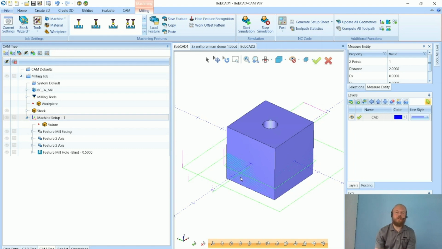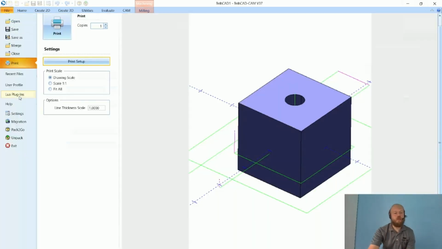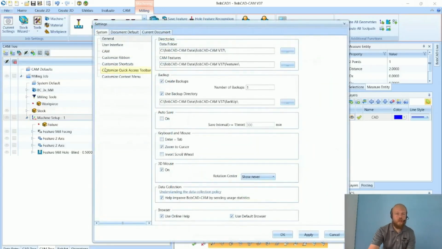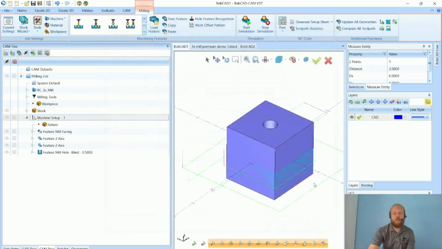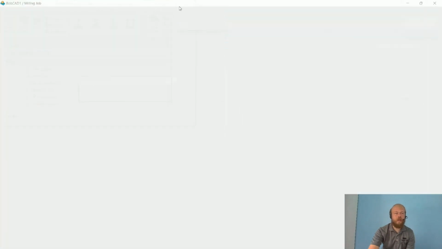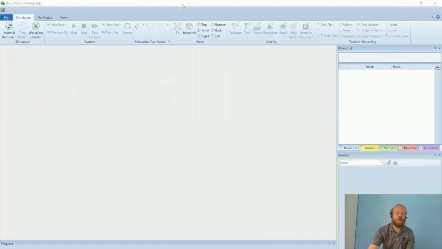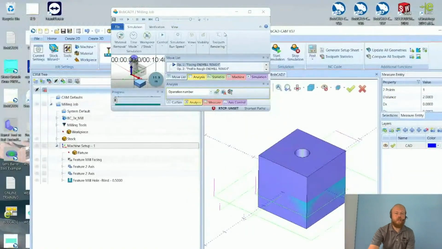Also, when you go into simulation, it's an updated simulation. You can open it in a separate window now. That's a newer feature in V36. You can go to File, go to Settings, and then under CAM over on the left side there, you can go to Simulation window, can be in a separate window now. So if you have a second monitor, you can go into your simulation. It'll open up in a separate window. So you can put your simulation on a second monitor there, and you can even